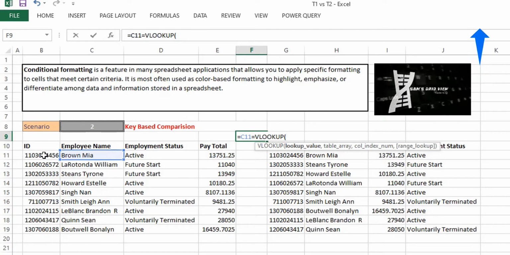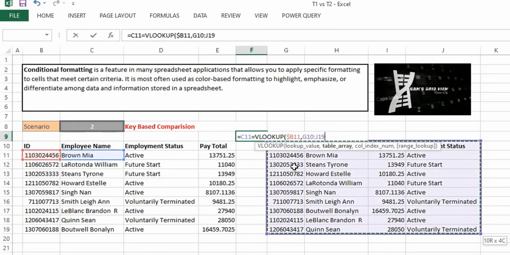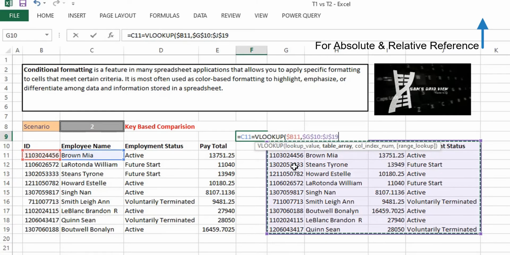Okay, so let's select this particular cell which we are going to compare with and make it an absolute reference with the column. So now I have locked my B column here, and let's select the table 2 here for our output, and let's do a complete absolute reference here by locking the complete table. Okay,